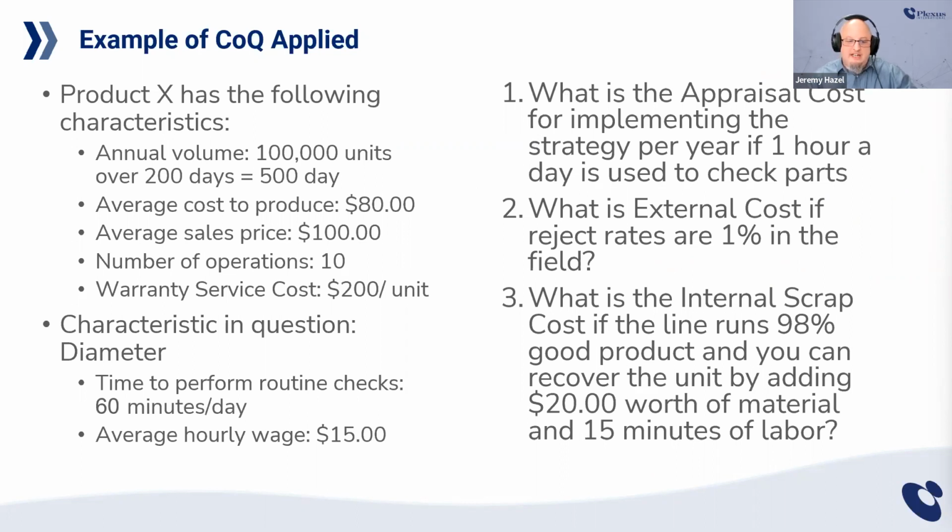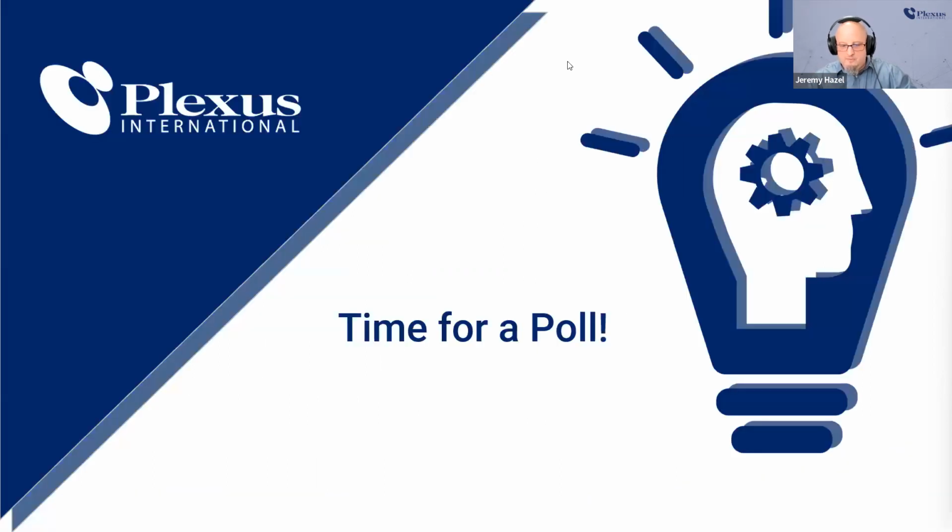Now, with that being said, before I get into the strategizing, now that we know what cost of quality is and that it's linked to the IATF standard, we're going to talk a little bit about strategizing. But in order to do this, I have to know who is in the room with me. So for those of you that have taken a seminar with me before, we're going to go ahead and launch a poll. This helps me figure out who is in the room so that I can tailor the next part of my presentation to whatever it is you want.